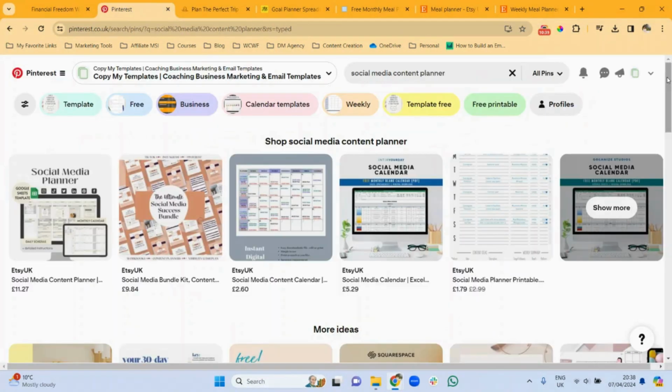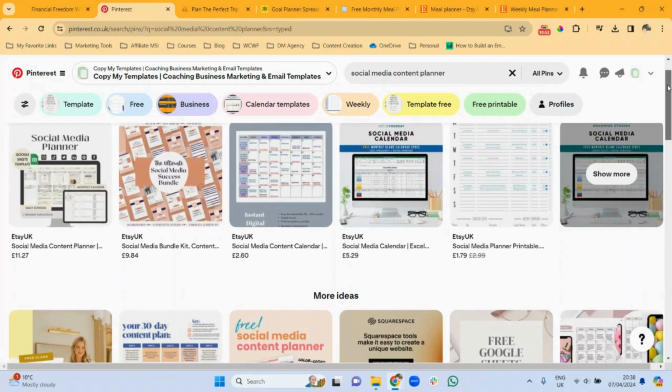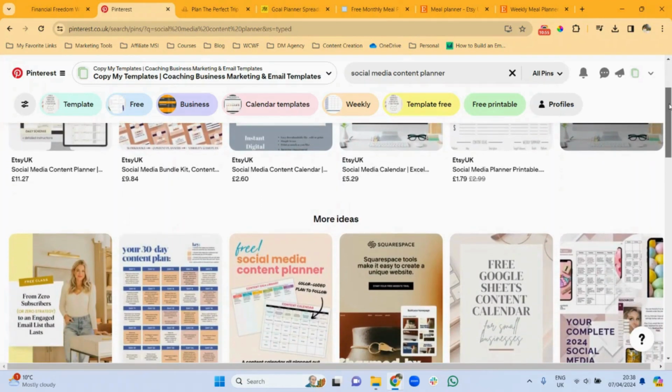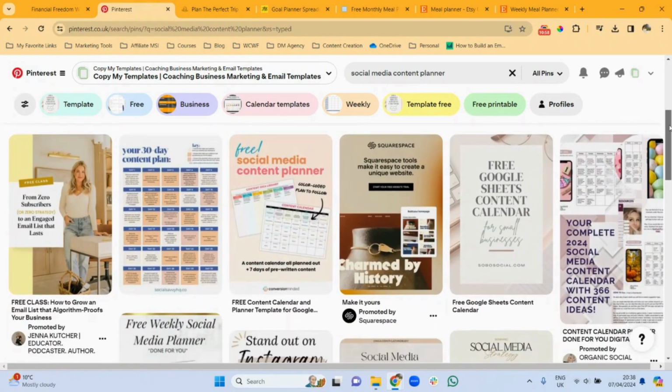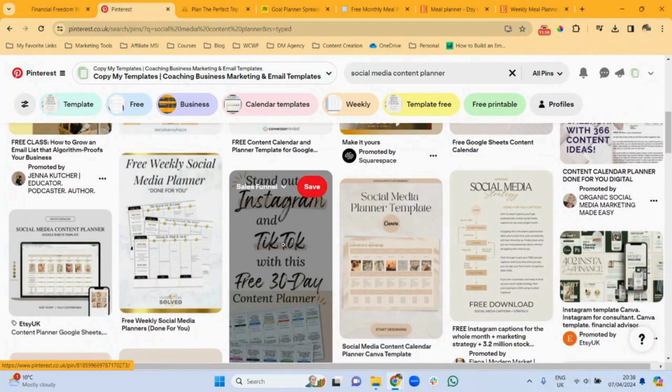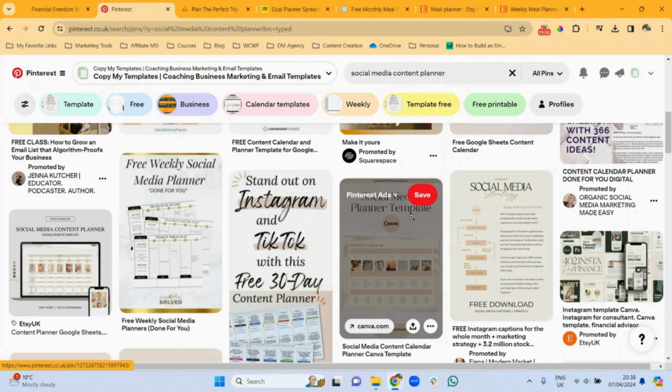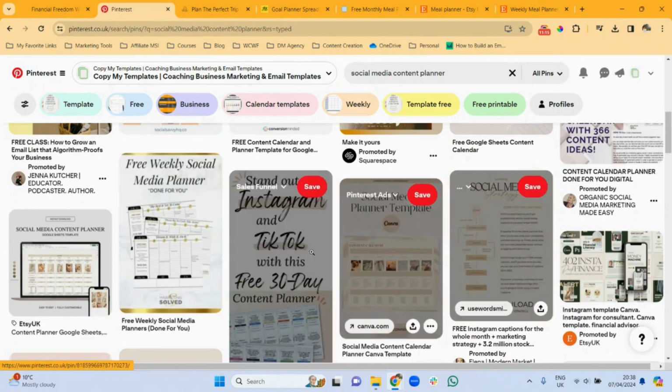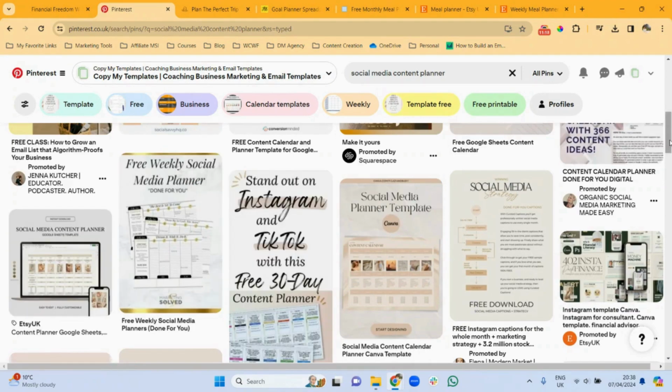So next up is the social media content planner. I can't tell you how excited I am for this type of product, especially in today's digital age. We know that maintaining an active presence on social media is so important for small business owners like you and me. And a lot of these sellers here also understand that with the digital age coming to be, so many people have gotten on to social media, so many businesses have gotten on to social media. Here we have an Instagram and TikTok content planner, social media planner template, weekly social media planner, social media content planner. It is just all over.